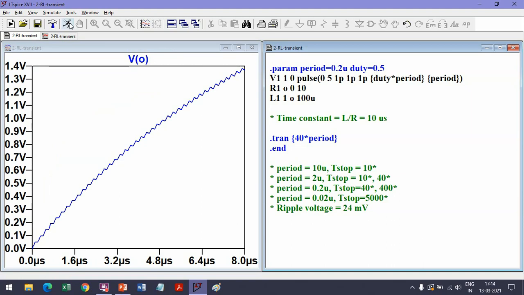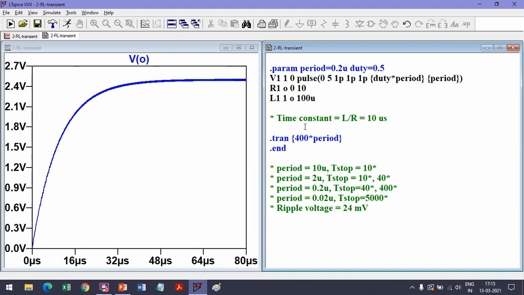Okay, so now we can see, of course, that because we are not giving the output voltage time to go up and down, the steps are very small. There are small changes while increasing and decreasing. Again, this has not settled down, so now let's increase the time of simulation. All right, now it has gone up and settled down here. The average is still 2.45 volts. Let us reduce this further, and I'm going to skip a step and make this 5000